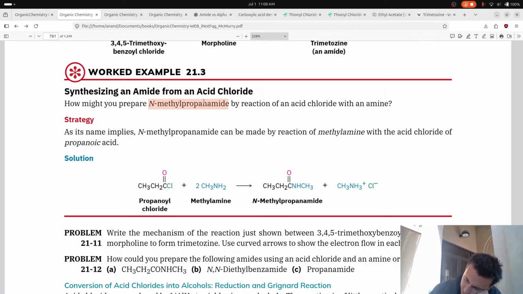So I would assume you start with propanoyl chloride and you react it with methylamine. The nice thing about starting with acid chloride is you don't need